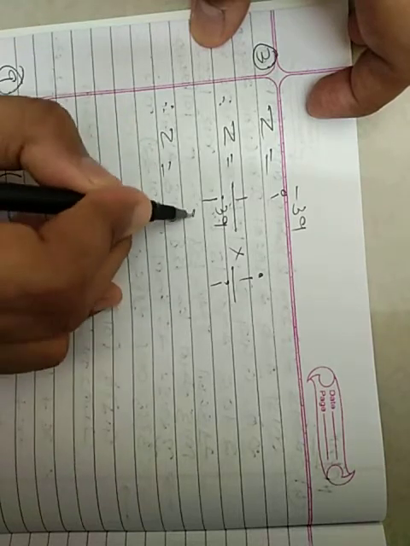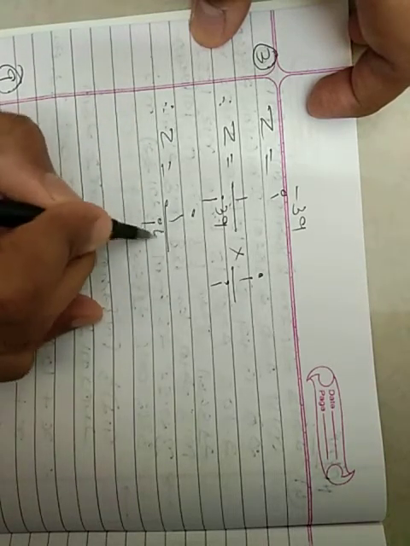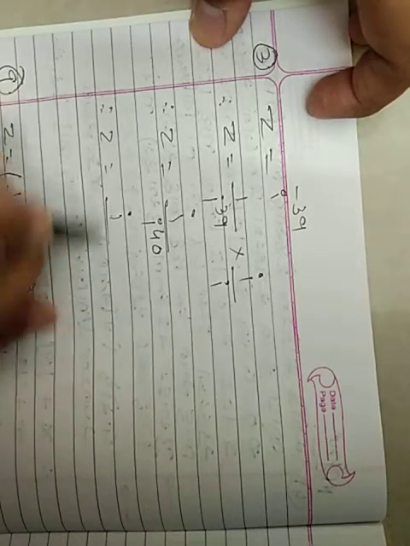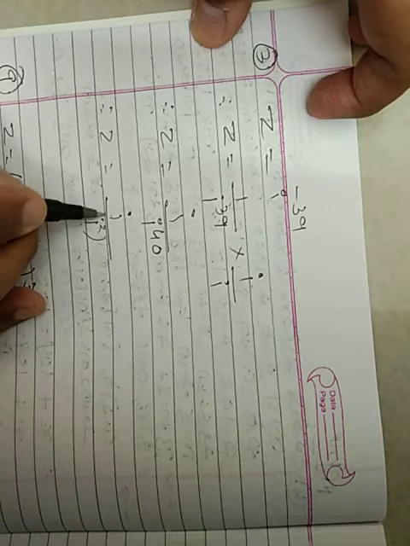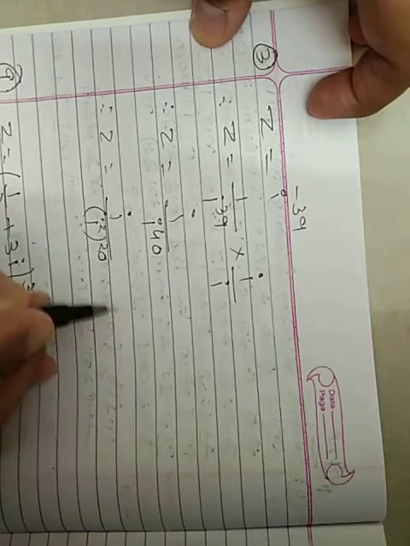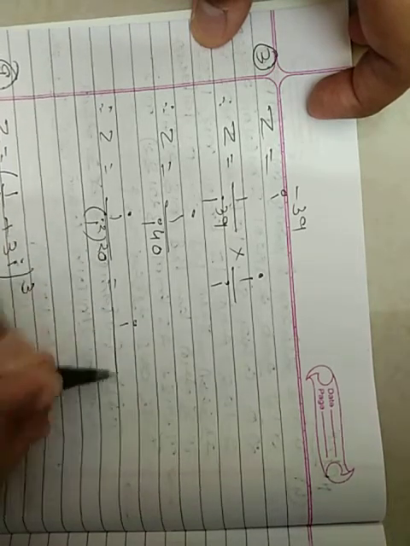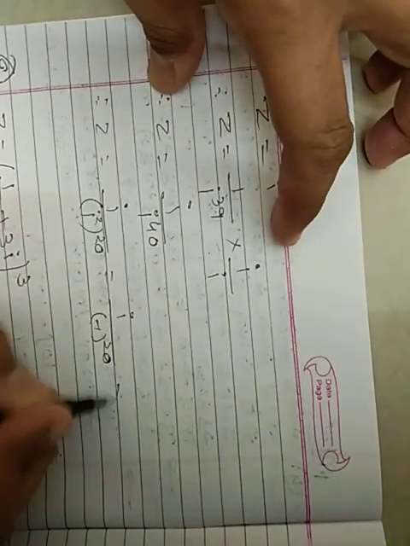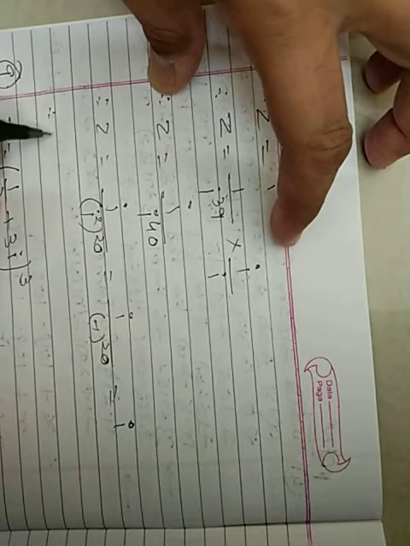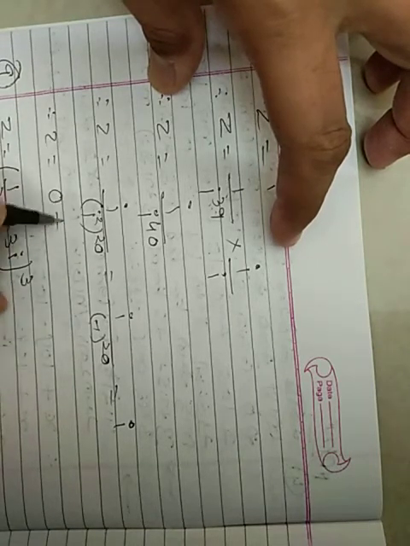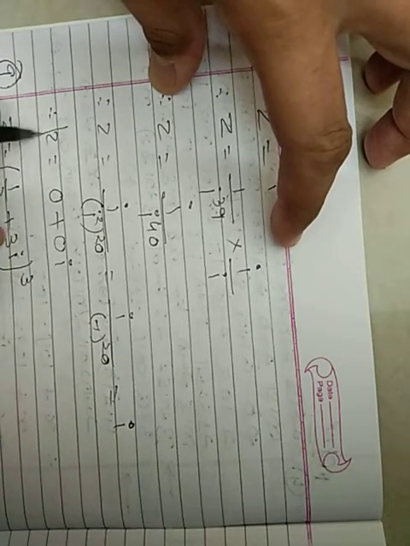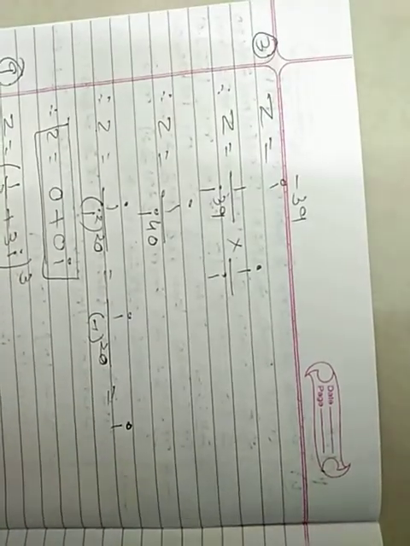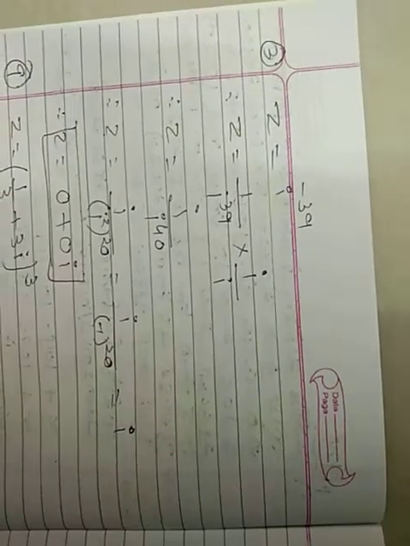Therefore Z is equal to i upon i raised to 40. Now therefore Z is equal to (i square) raised to 20. Now i square equal to minus 1, raised to 20 equal to plus 1, so Z equal to i. Therefore Z is equal to 0 plus 1i, otherwise Z is equal to i. Okay, very easy and simple sum.